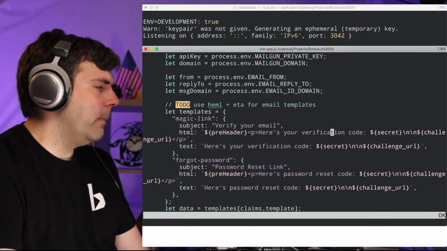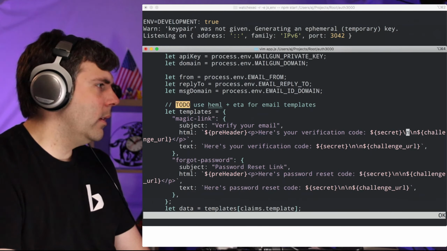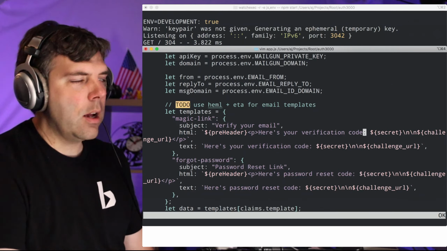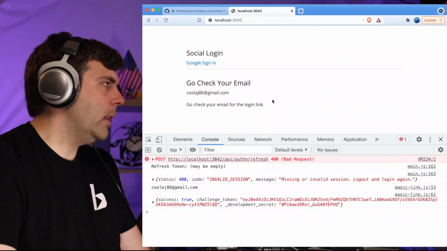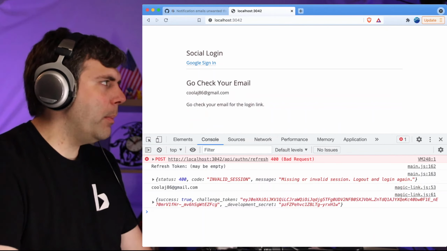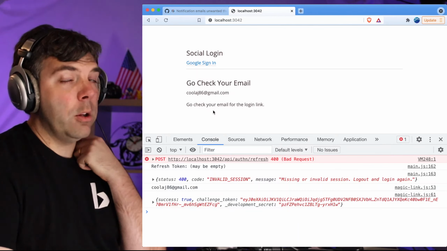Like here's your verification code as plain text and having a URL in there. We'll see what happens, but it's going to go into the spam detector really quickly. I'm going to have to look at emails I've gotten from other companies and see what wording they use. And then using Hemel, the